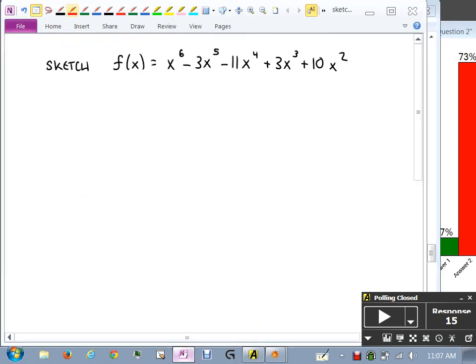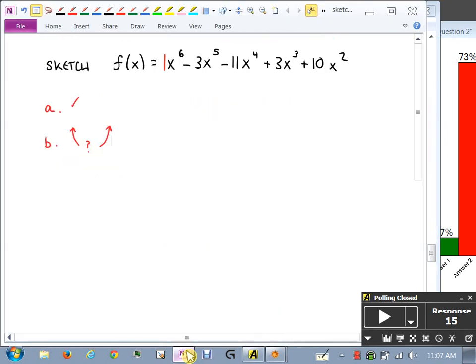So part A, do we have a polynomial function? Yes. Part B, determine the left and right-hand behavior of this thing. It's a degree 6 polynomial. It's an even power. The leading coefficient is a 1. So you go off of that table that we had, both sides go up. It goes up on the left, in the middle we don't know, and it goes up on the right, guaranteed. Okay, so that's part B. Part C,